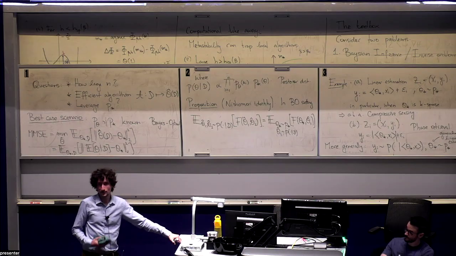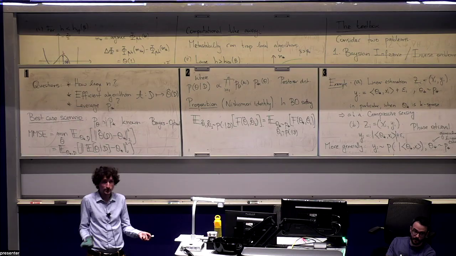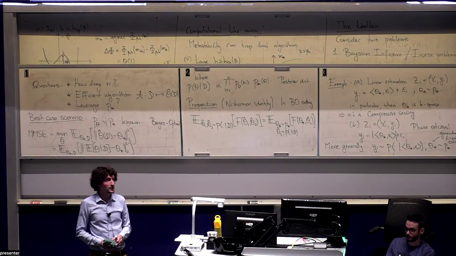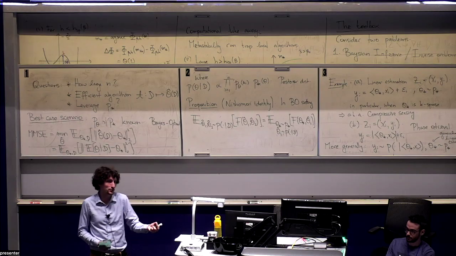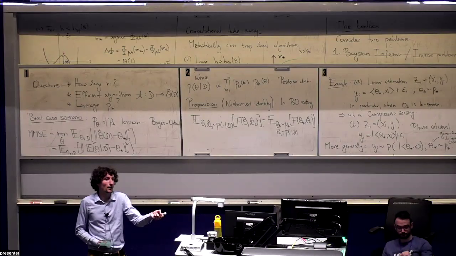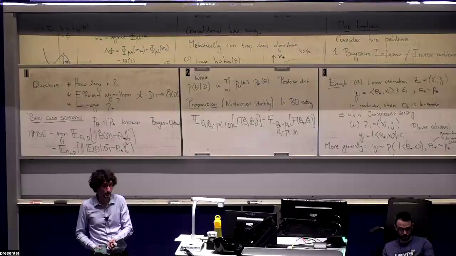Otherwise, in the worst case, you are doomed by the curse of dimensionality. So my claim is that eventually you want to make some assumption. The question then becomes, what are the good assumptions on X? Because you don't want to be too simplistic, otherwise your result is going to be uninteresting. But you also don't want to be too vague, because otherwise the curse of dimensionality is going to catch you.